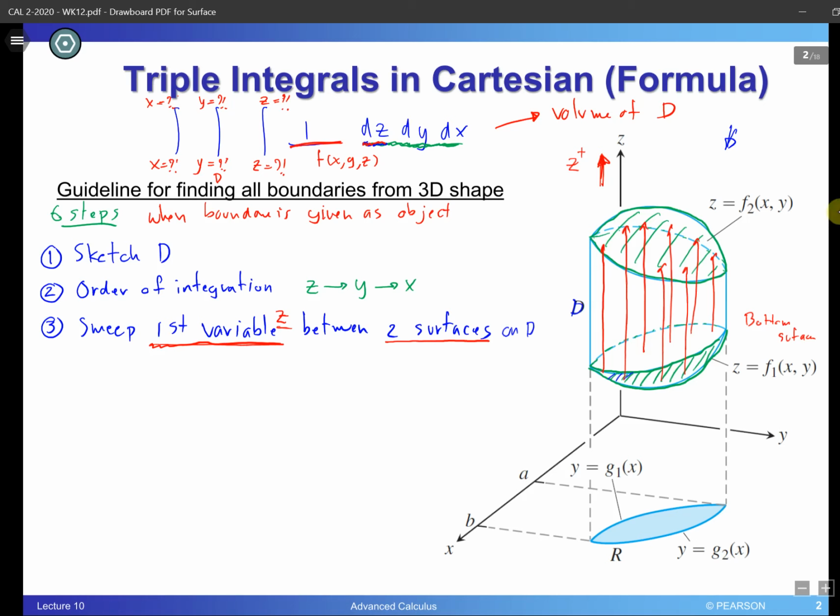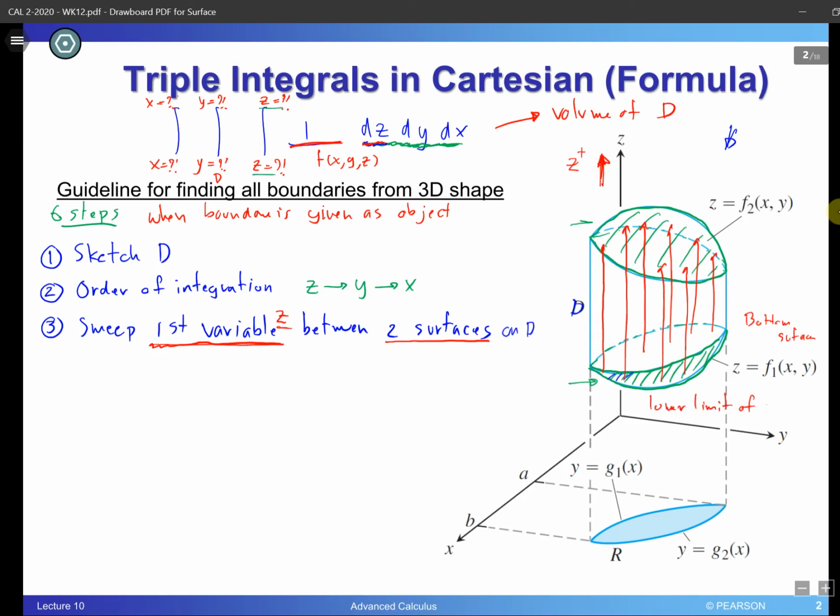The bottom surface is going to be the lower bound for the z variable, and the top surface is going to be the upper bound of the z variable. So we are going to use these two surfaces as the boundaries for z. We are going to use them right here. Okay, so let's take a look at the bottom surface, the lower limit